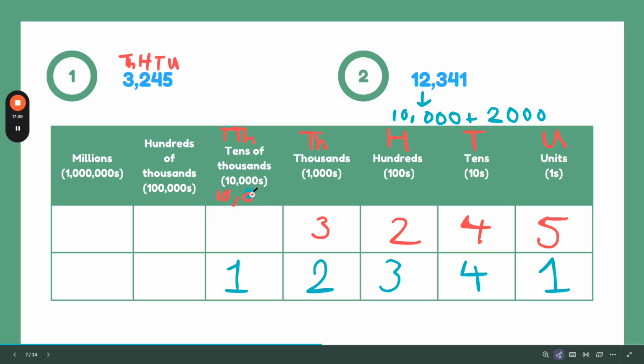The value of the 1 in here is 10,000. The value of the 2 is 2,000 because the 2 is positioned in the thousands column, which means there are 2 lots of the thousands, which is 2 times 1,000, which is 2,000. 300 is the value of the 3. 40 is the value of the 4. And 1 is the value of the 1 in this number. And when you add 10,000, 2,000, 341,